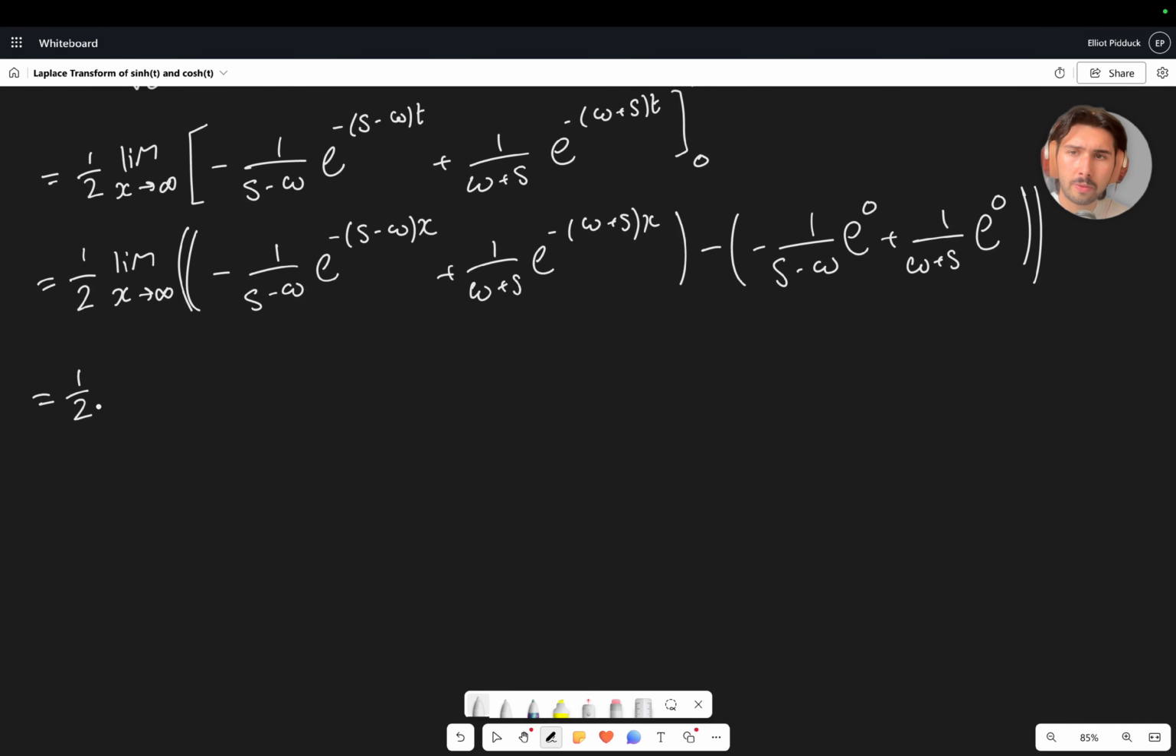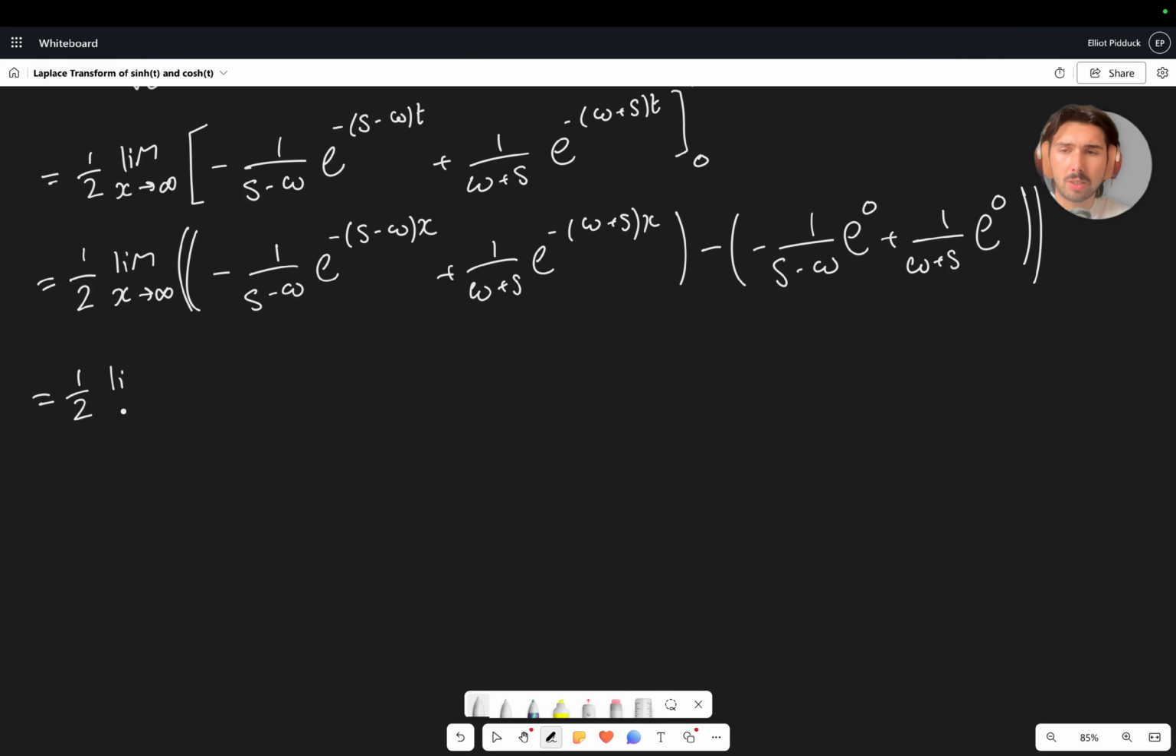So this is a half. And actually, we don't need to keep writing the limit as x approaches infinity because I'm now going to take the limit in this step. Let's think about what will happen if x goes to infinity. Well, if we have a value of s and omega such that this integral doesn't converge, then we're pretty much at a loss, right? So for example, because we have e to the minus s minus omega times x, we really do need s